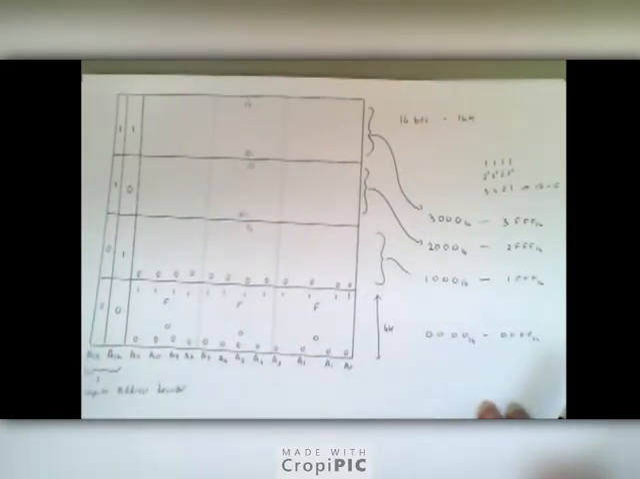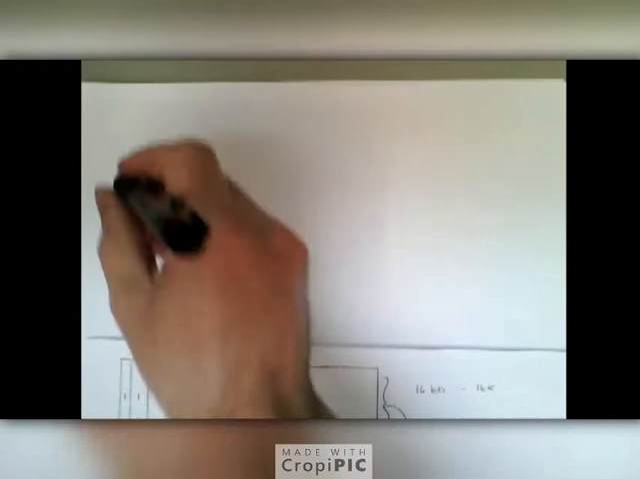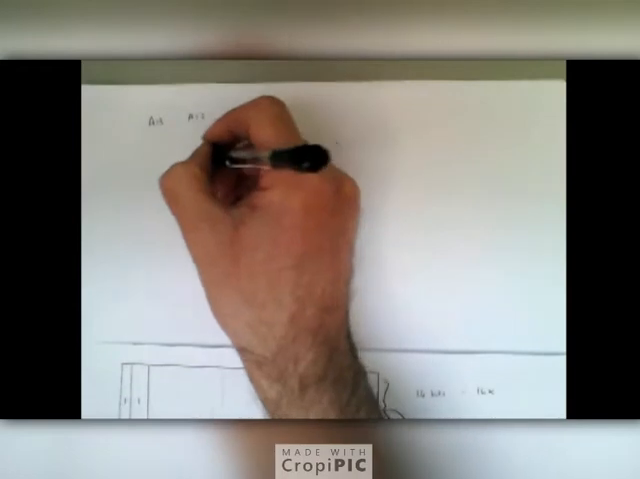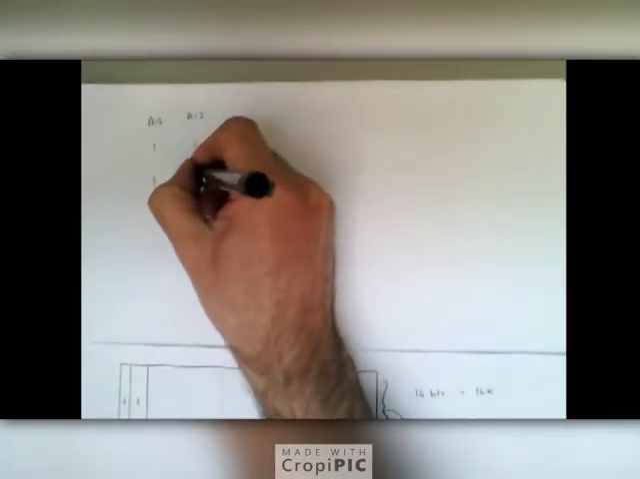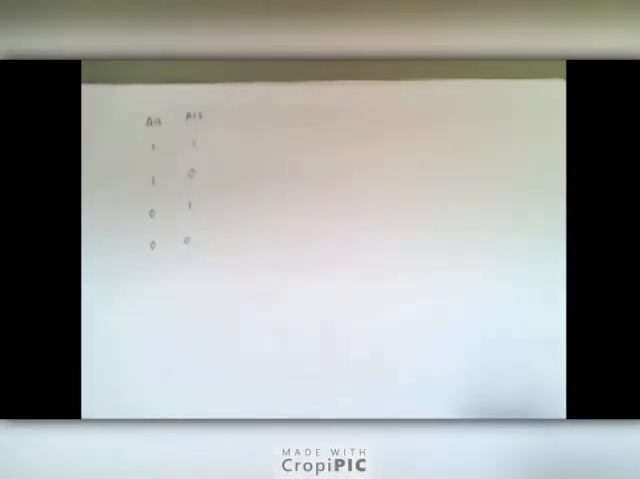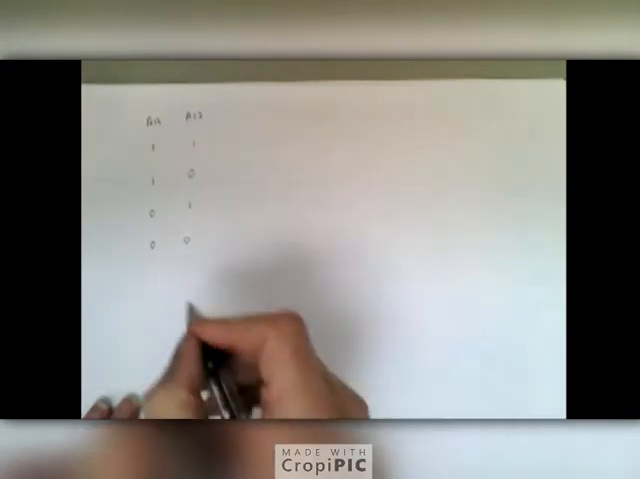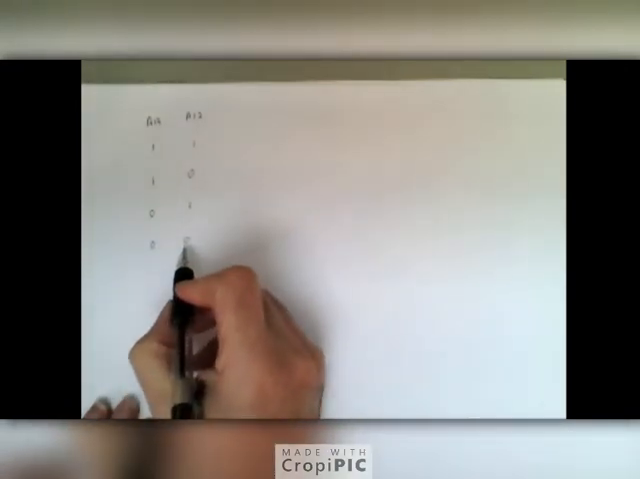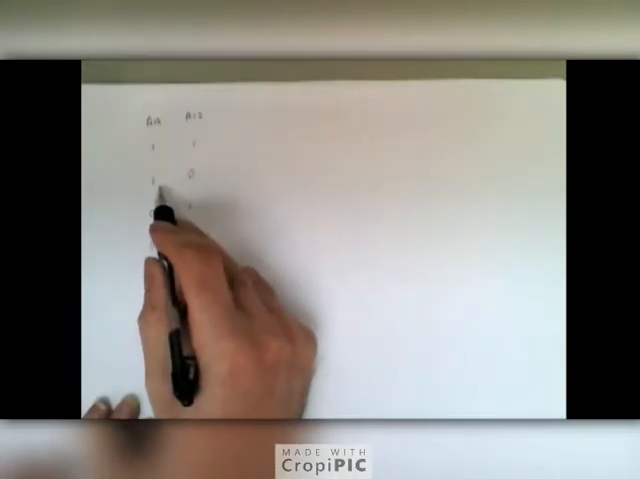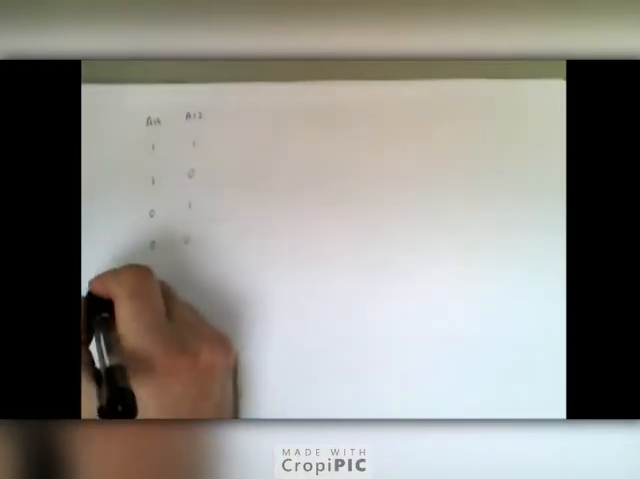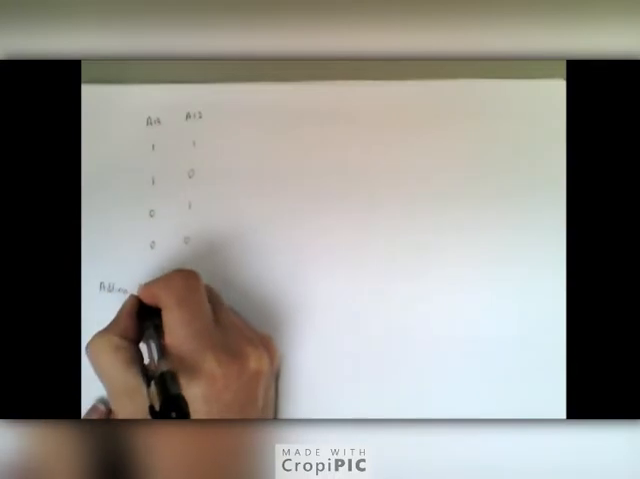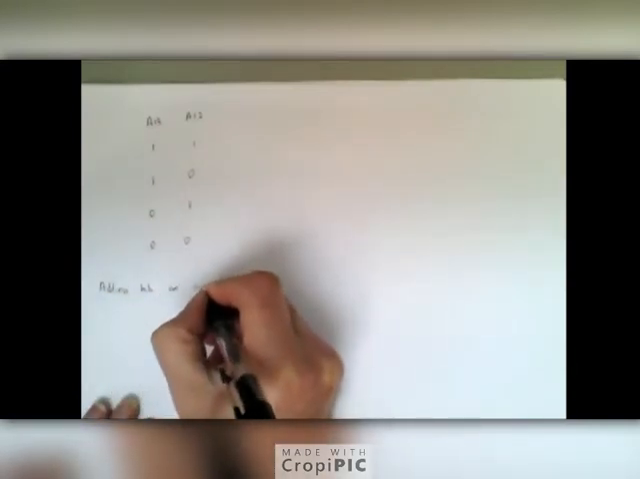bits A13 and A12. So we have bit A13, A12, and we have 1, 1, 1, 0, 0, 1, and 0, 0. Okay, so in this region A13, A12 is 0, 0, and then we have this region where we have 0, 1, then 1, 0, then 1, 1. Now, normally our address bits are assertive high,